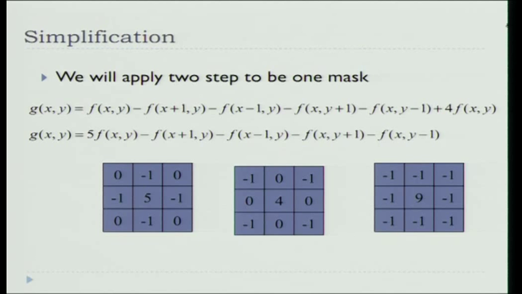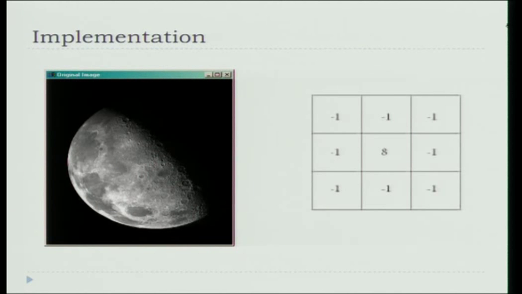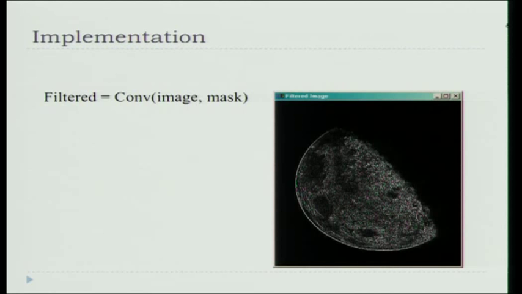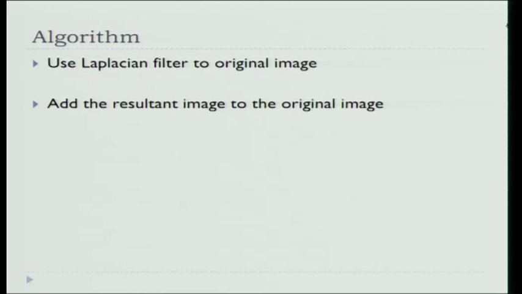Agreed? Now, this was one example I took. This is the original image of Mars, and then you put this kernel and you get the Laplacian filtered values, the derivative ones. So, what you do basically is first perform the Laplacian filter on the image, and then add that filtered image to the original image to get the sharp image.